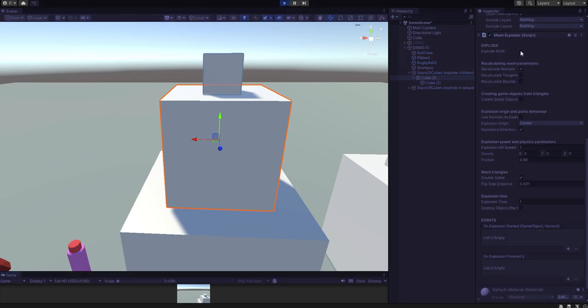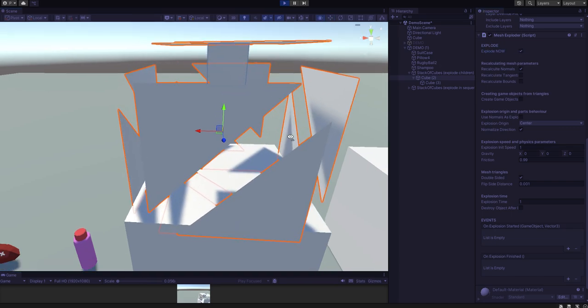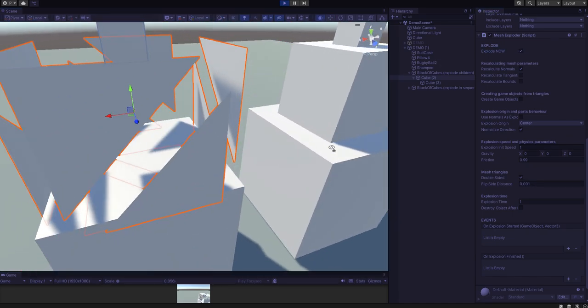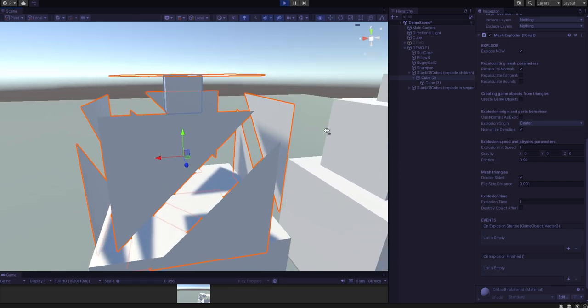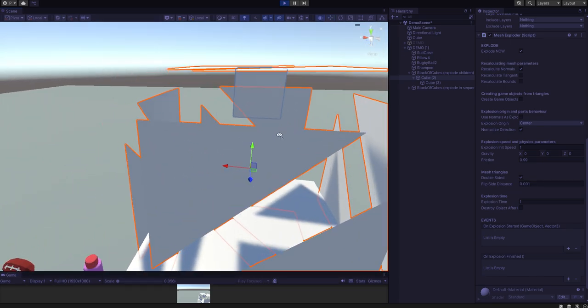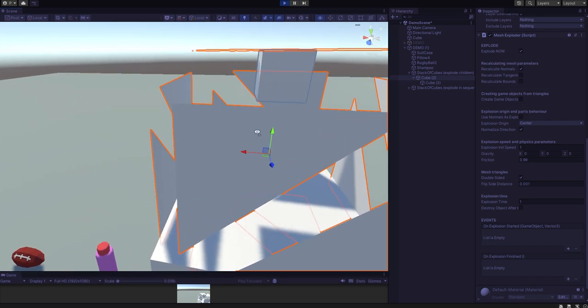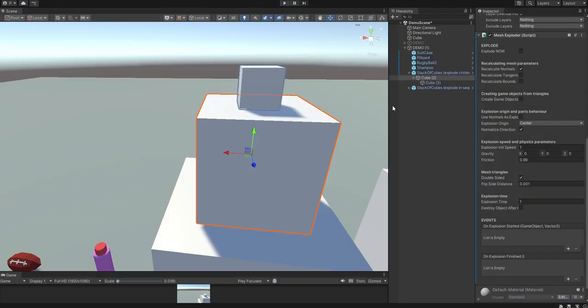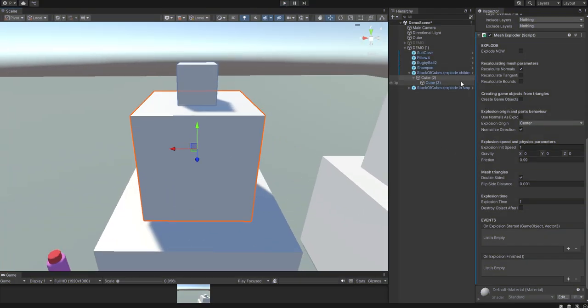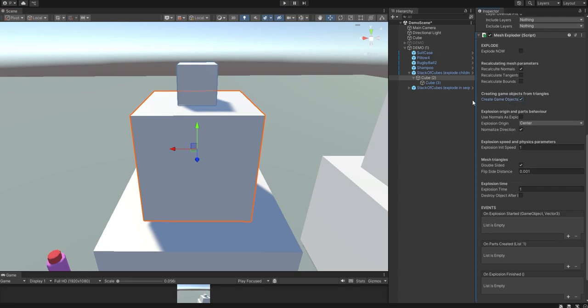So when we play, you can see that they are hovering in the air. These are not game objects, but meshes whose triangles are separated. So if we want to have game objects, we can click, of course, this button,